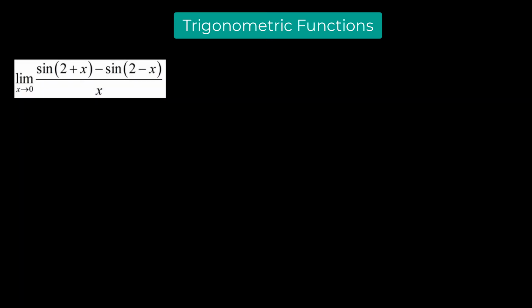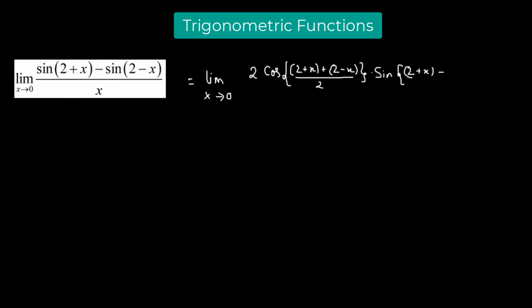So here also we will rewrite the numerator as 2 times cos of (2 plus x plus 2 minus x) divided by 2, times sin of (2 plus x minus 2 minus x) divided by 2, whole thing divided by x, which is equal to the limit as x approaches 0,